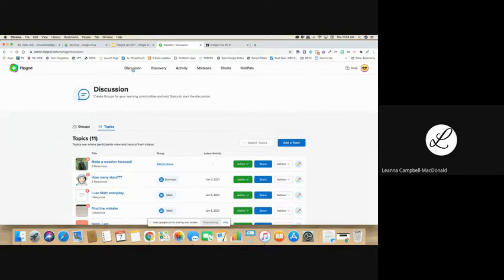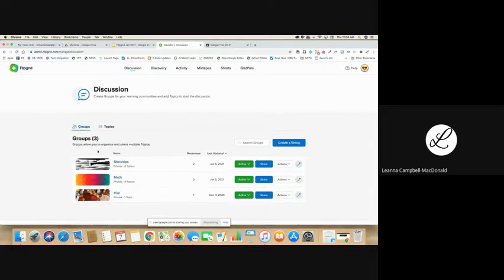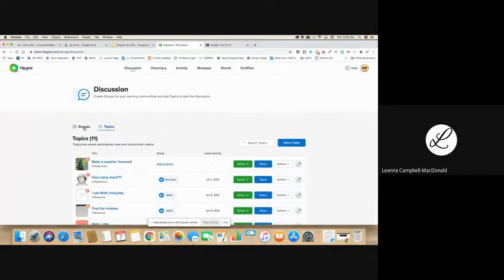And what I have here is the first tab on discussion. There are two other tabs below. There are groups, so you could make groups if you want to organize your topics. So depending on your grade level, you may want your groups to be your different classes, or you may want it to be chapters, or you may do any kind of topic within a course itself. Then, of course, the topics can be added to the groups, but you can just assign a topic as is,